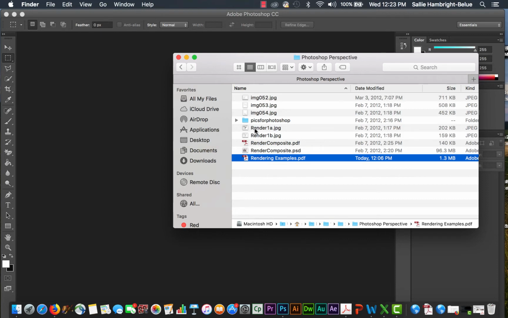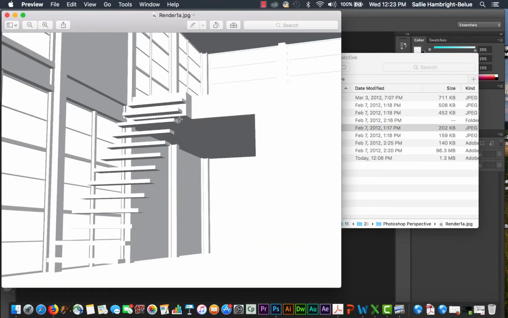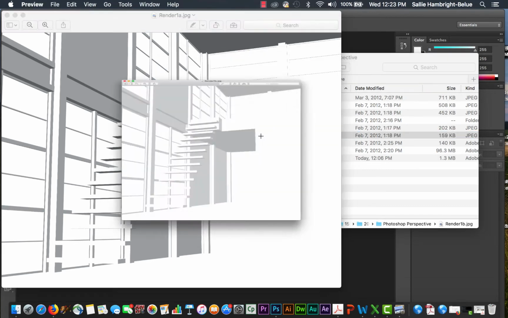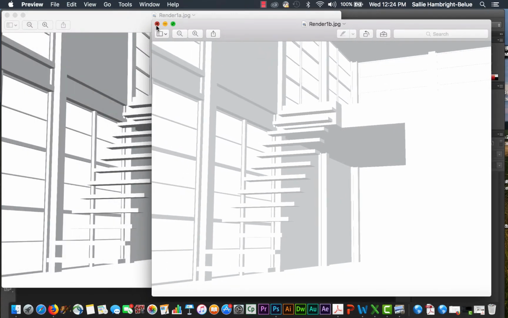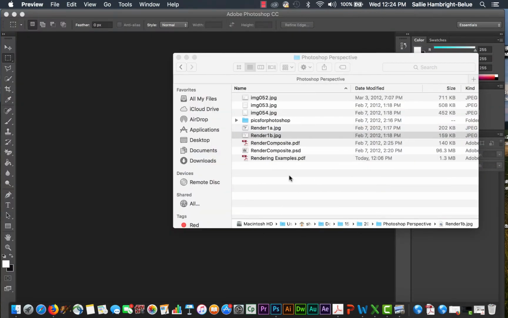You may be starting with a simple rendering out of Rhino or SketchUp, but you can see here I basically did this rendering and just did a very simple shaded view. I did not do any of the lines here. Here's another version of it where I actually lightened it up. So this could either be my starting place, or